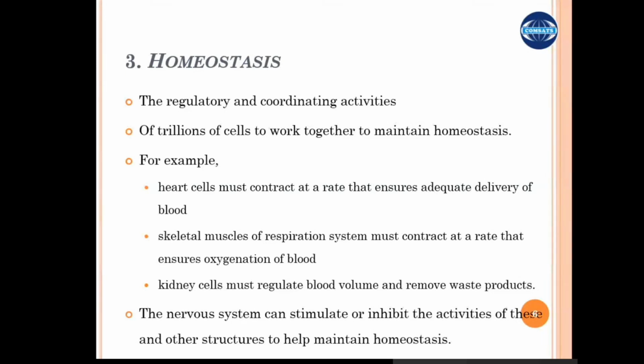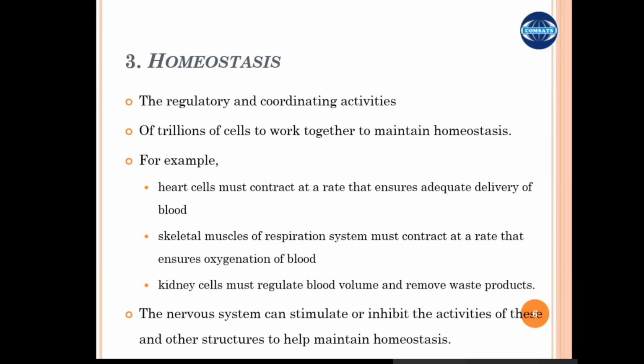The trillions of cells that have to work together to maintain homeostasis are controlled by the nervous system. Right? So here is an example: heart cells must contract at a rate that ensures the supply of blood to each and every part of the body, and the heart should be able to change its contraction rate based on the activity of the animal. If the animal is running, chasing prey or something, more blood is pumped through the body, so the heart has to work hard. Similarly, the skeletal muscles of the respiratory system must contract at a rate that ensures the oxygenation